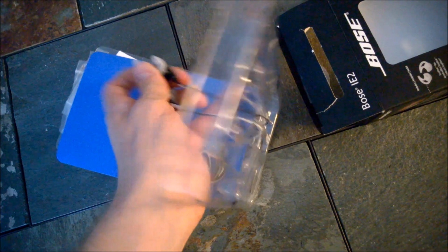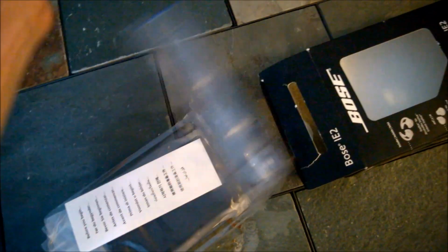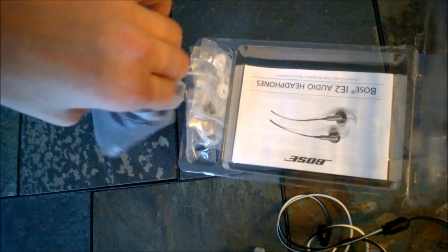I'll be quite honest with you, I actually cheated a little bit, and I've had these for a little while, but I just wanted to give you guys an idea of what it looked like in the box and kind of what comes with. So, as you'll see here, we obviously have the headphones. I think they were wrapped up a little nicer when I first got them. But in the box, we also have this cool little case that they fit in,